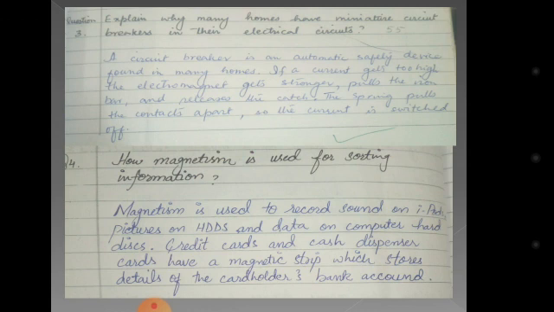How is magnetism used for storing information? Magnets are used in different chips, different ATM cards, because they contain the data of a person. These chips are fitted in computers so they can record different types of data which a bank relates to a person, like pictures, bank accounts, or any detailed information. So magnetism is used in different types of chips.